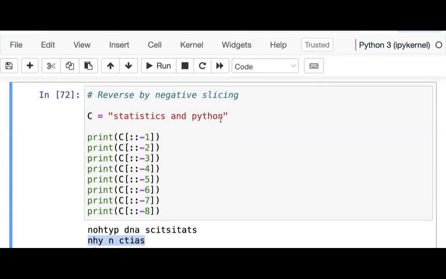After this -1, it counts 2. 1, 2, it goes to, that is H. After H, you count 1, 2 again. 1, 2, and that is the Y you have here, right? After Y, you count 1, 2 again, and that's the space you have here, right? After the space, you count 1, 2, and that's the N that you have here, right? And after this, you count 1, 2, 1, 2, and that's the space that you have here. And after that space, you can't,